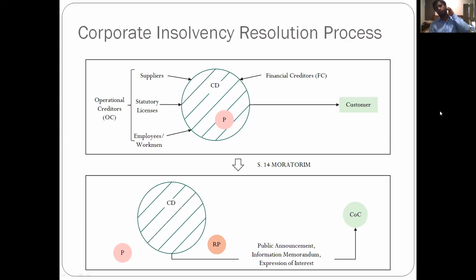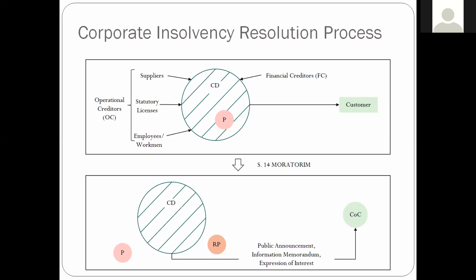An operational creditor is a little more flexible, in the sense that it's a wider definition. Any supplier which provides you with raw material is an operational creditor. So anyone that actually gives you a raw material, let's say if I'm producing, let's say, a machine, providing me with, let's say, the pulp of the paper.